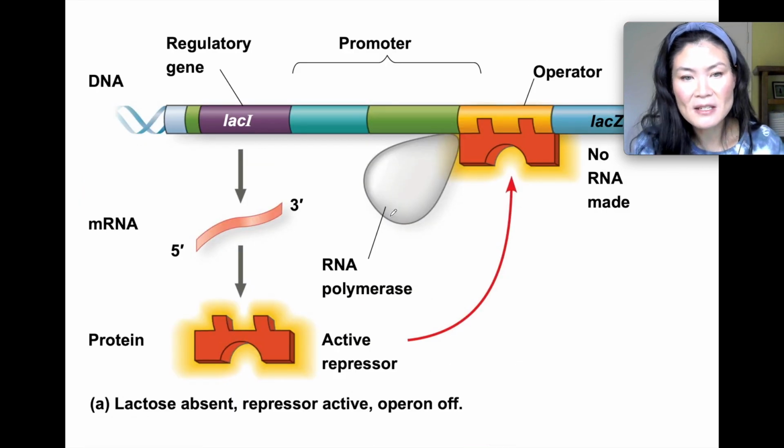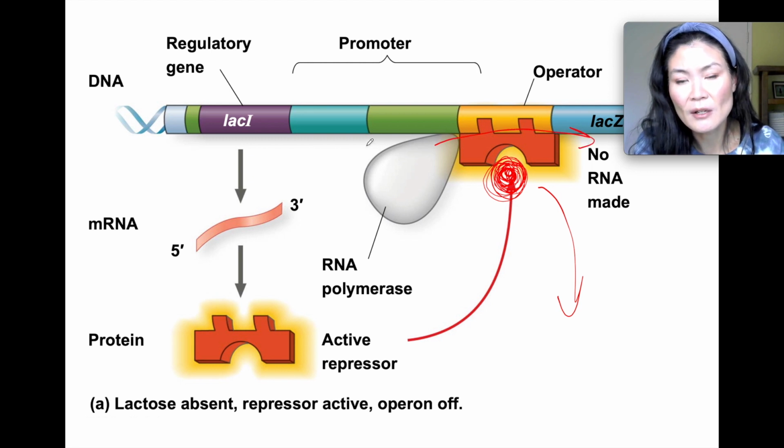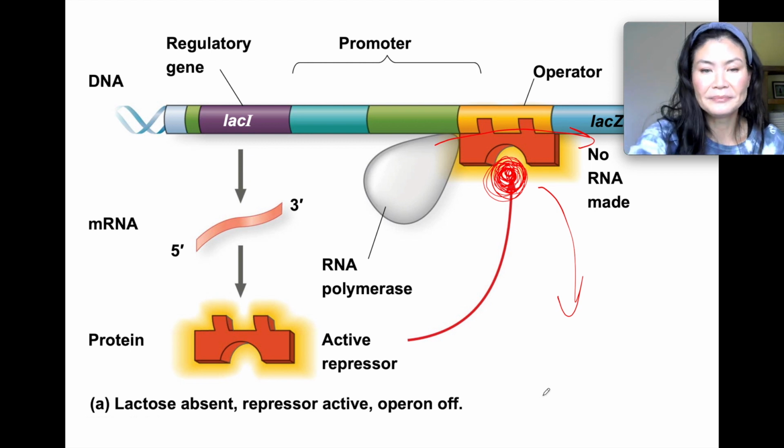Again, this is just the picture. It's normally turned off, but when allolactose is present, let me just draw, this is our allolactose, it's going to bind to the repressor and change the shape of the repressor, which will pop off the operator. Then RNA polymerase is going to be able to move along the gene and transcribe those genes, and then those genes will be translated, etc.